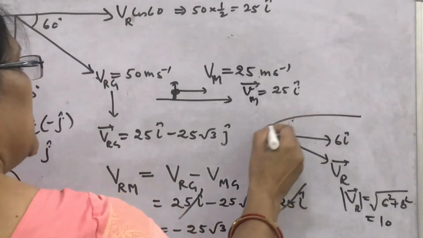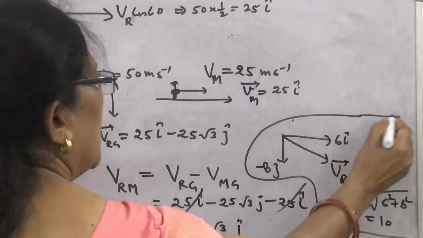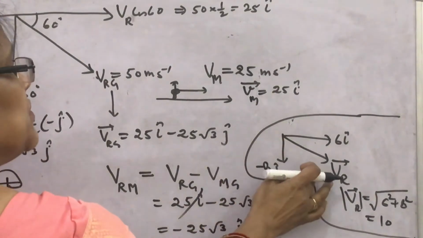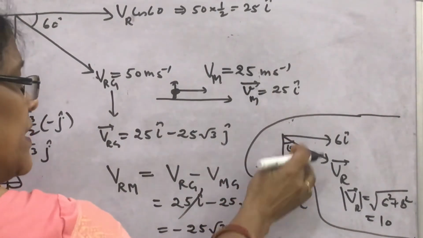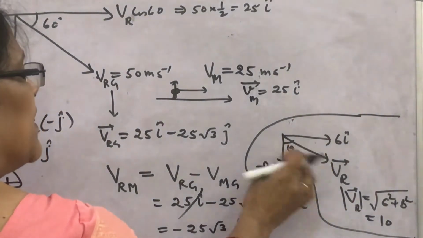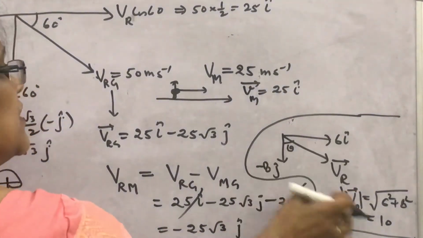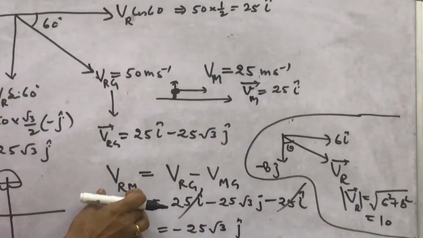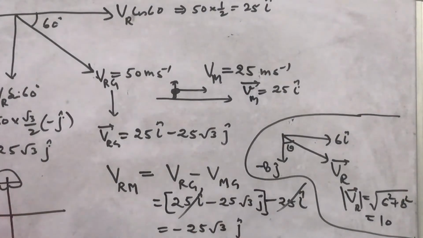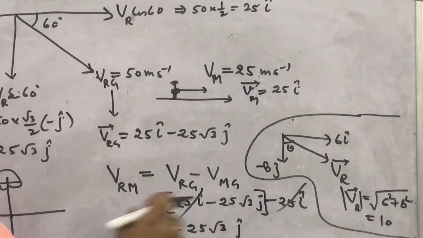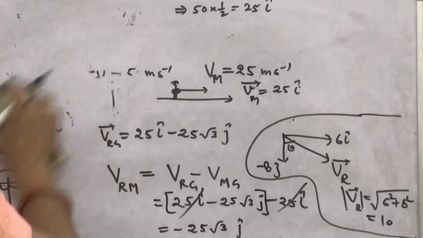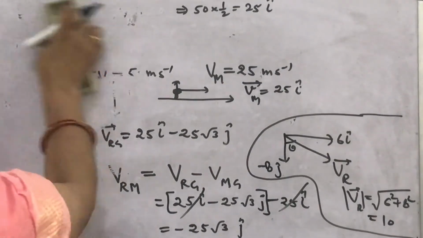So if in any example the VR resultant vector is obtained, and you have to show the vector along with the direction from vertical or horizontal, and its magnitude is to be obtained, then you have to square and add the magnitudes of these vectors. Here VRM will be the magnitude of this vector, this is the VRG and this is VMG. So the resultant you got is this, 25 root 3. In this way you can solve the rain and umbrella examples.